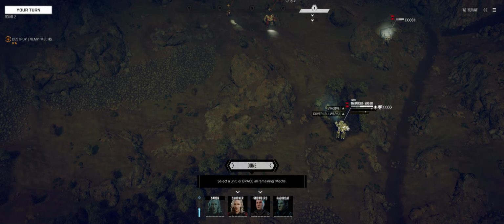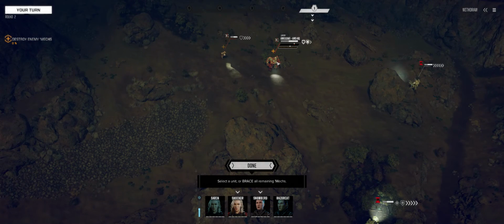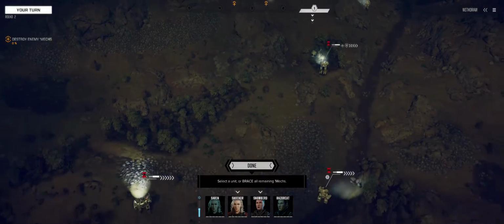Now I did this for a couple reasons. One, it gets my chevrons up real high, so if they do take a shot at my Marauder, their chances of hit are going to be low. Plus, I've got the cover of the forest and my bulwark, which gives me a high buff. And if I do take damage, it's not going to be much. But I also did this to expose the other two mechs so my other pilots can get a shot at